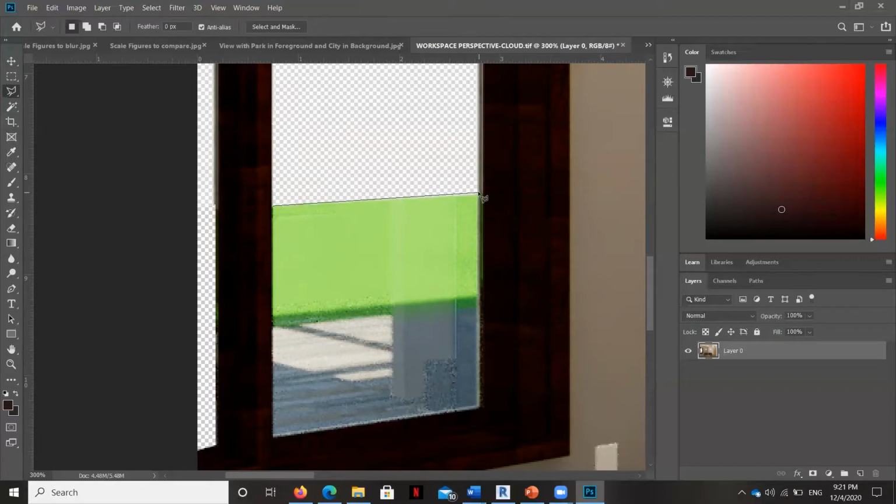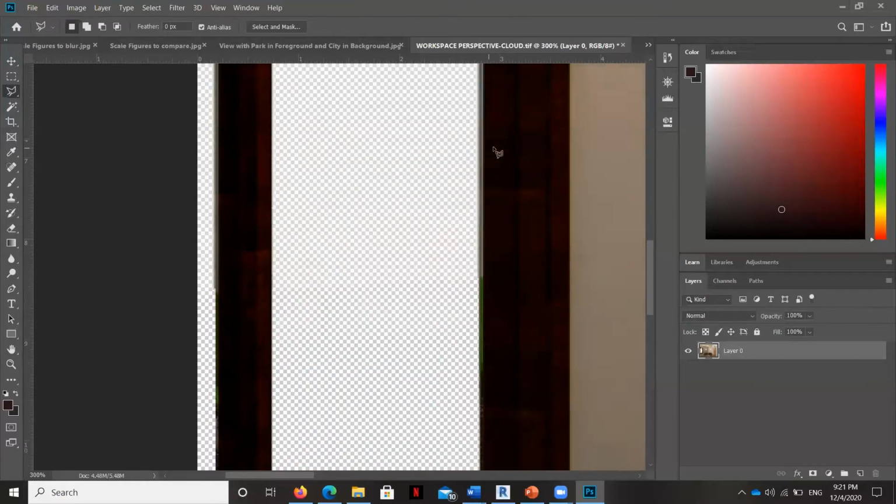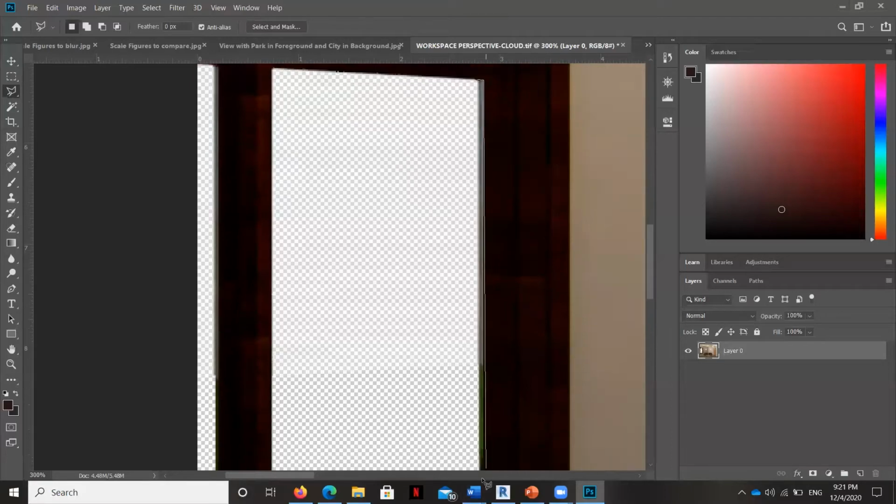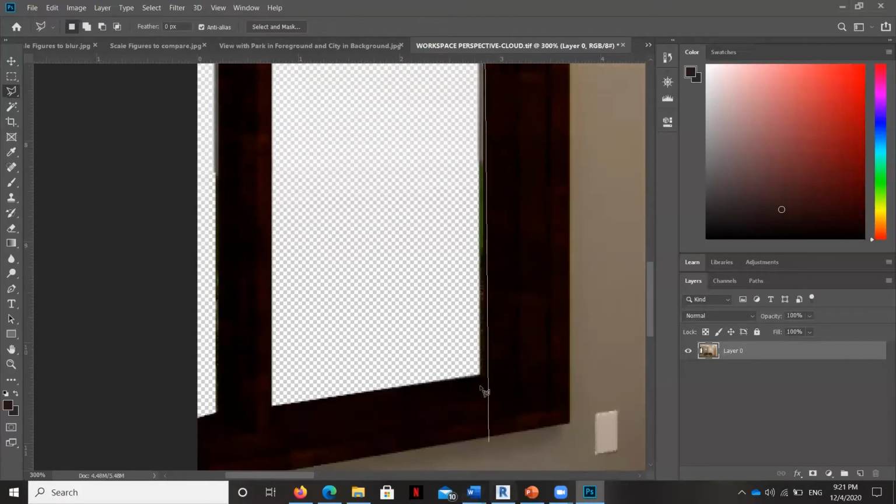Now, I could really go to town on this, and by that, I mean really Photoshop this to death. But I'm going to do it quickly to show you the technique. There's a little bit of green reflecting over here in white, and if there is a part of me that wants to be a perfectionist here and make this rendering really good, I'm going to go ahead and grab that last little bit and pull it out.